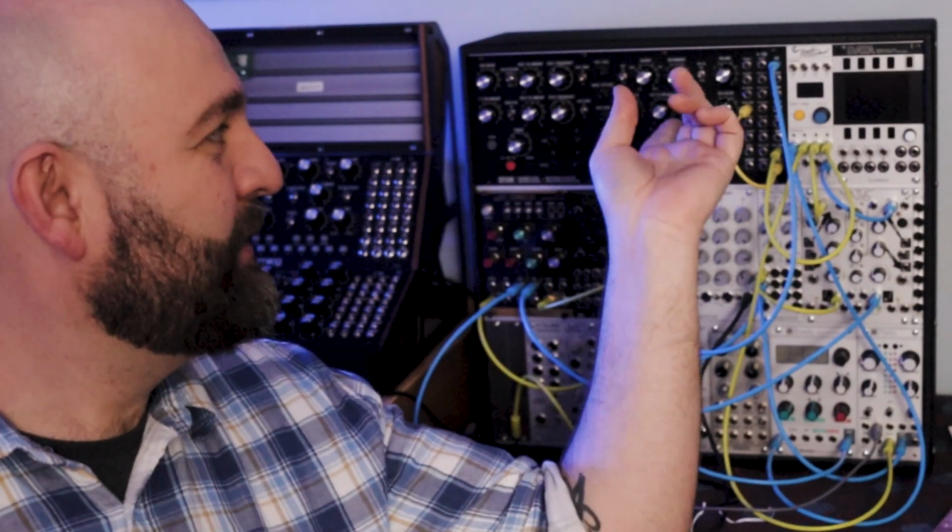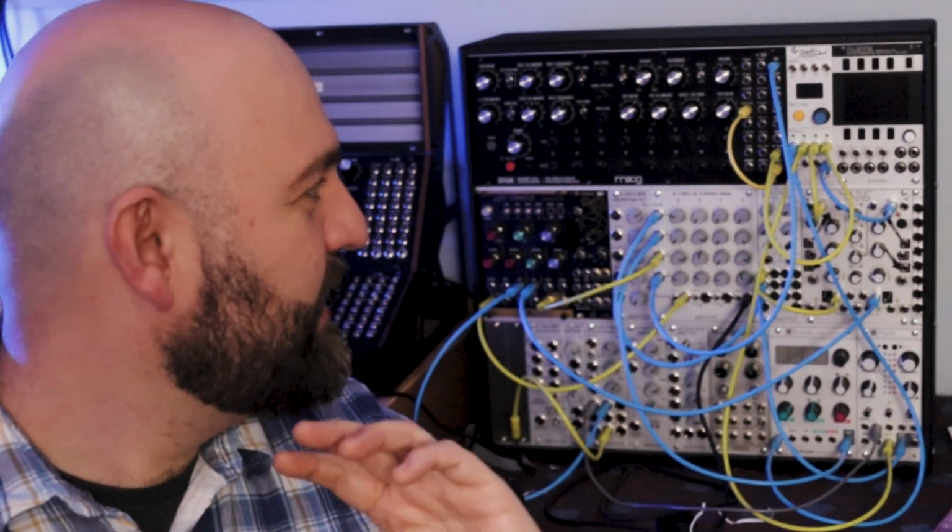So I took my DFAM out of its enclosure, put it into the rack right next to Pam's so I can zoom in and show you what's going on. I've already got this patch set up, but I'm just gonna take it all apart and we're gonna build some